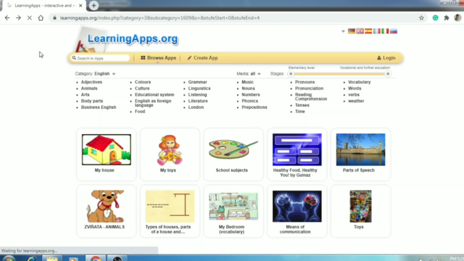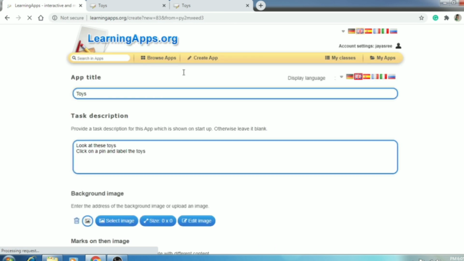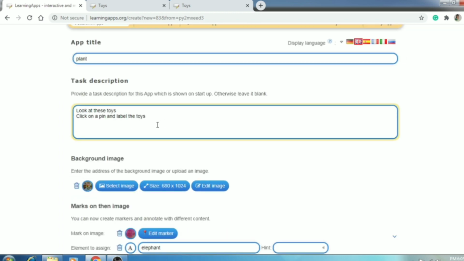Now, if you want to create your own application based on this, we have an option. So let's get started. Here we are going to create an application of our own from this module. This is the module of how to mark on a particular picture. We can choose this application for science and social as well. Science teachers can choose to name the parts of the body or label the parts of the plant. Social teachers can choose a map to locate the country or the continent, rivers, etc.